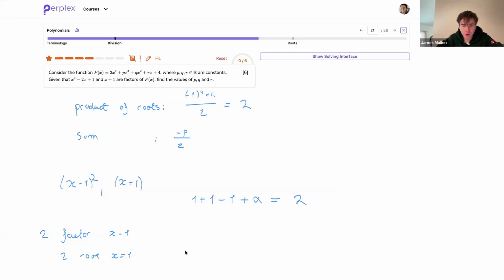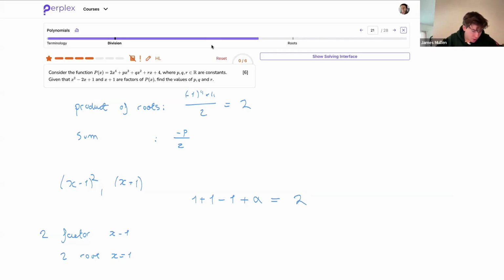And I want to sort of maybe reassure you that this is not something that has showed up on IB. They never have put a double root where you have to know the sum and product. But I want you to know it in case they decide this year to change that and to now ask you a question with double roots. Okay? So if I have 1 plus 1 minus 1 is equal to alpha, what does that mean? It means that 1 plus alpha is equal to